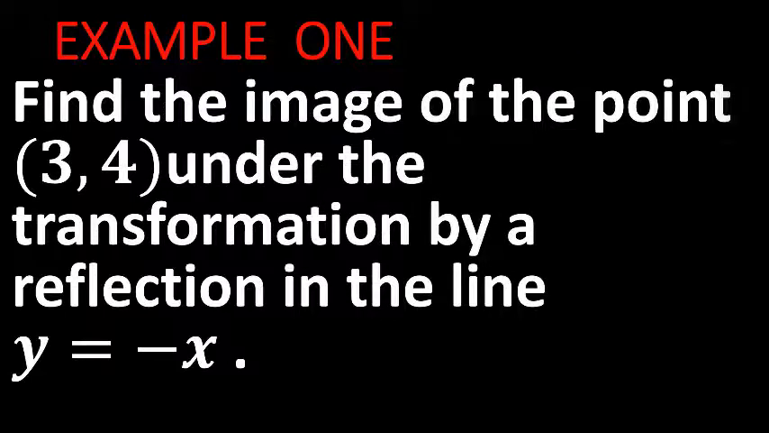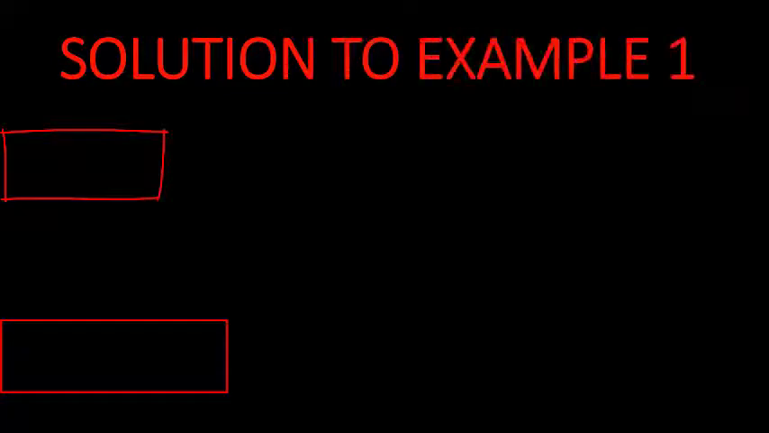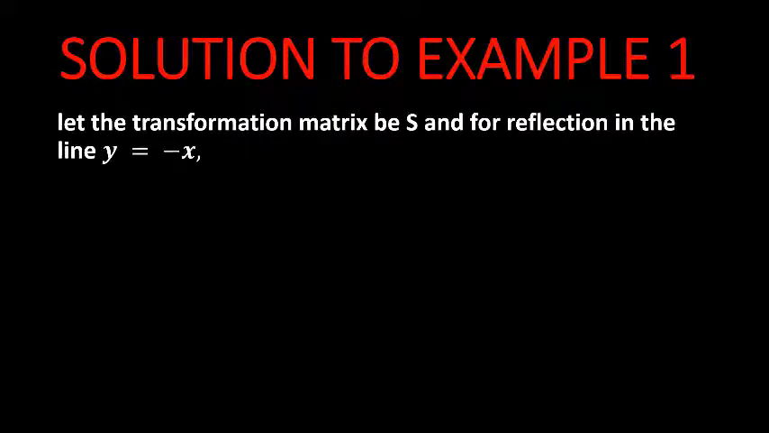Example 1. Find the image of the point 3, 4 under the transformation by a reflection in the line y equal to negative x. Let's look at the solution to example 1. Let the transformation matrix be S, and for reflection in the line y equal to negative x, theta equal to